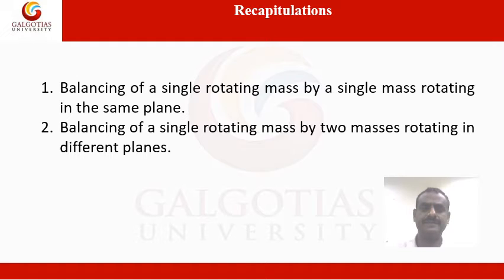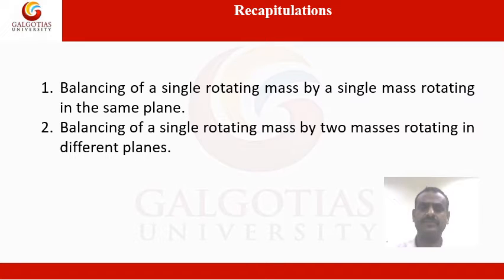We are already familiar with the following cases. Balancing of a single rotating mass by a single mass rotating in the same plane. For example, to balance a single rotating mass, another mass is provided in the same plane in order to counteract the centrifugal force produced by the first mass. This case is called balancing of a single rotating mass by a single mass rotating in the same plane. The second case is balancing of a single rotating mass by two masses rotating in different planes, meaning that for balancing a single rotating mass, two different masses are added in different planes in order to